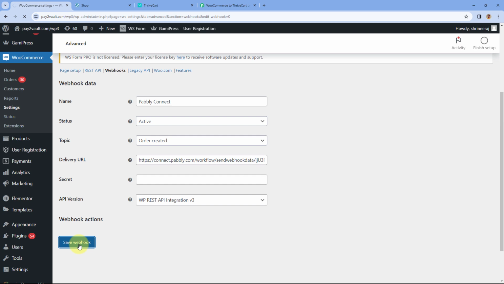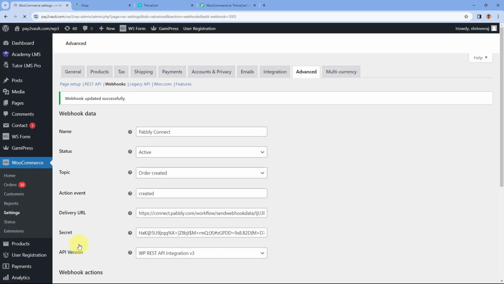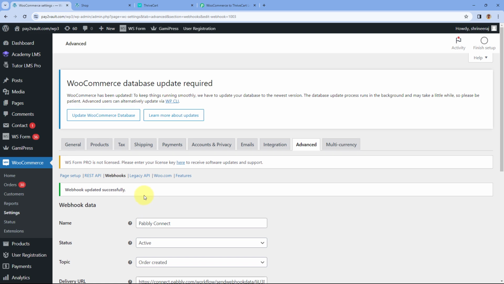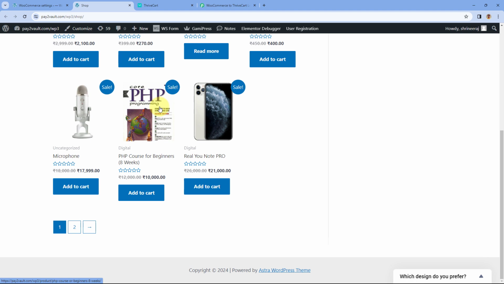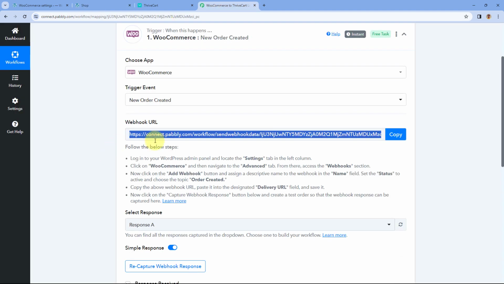Now when we click on Save Webhook, we will see our webhook URL will be added in our WooCommerce store. So the webhook is updated successfully. Now, every time we receive any order in our WooCommerce account, automatically the details of that same order, the details of the same customer who made the purchase from our WooCommerce store, will be received inside Pabbly